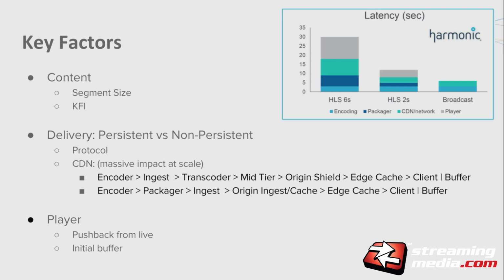So Harmonic actually had some really cool information breaking stuff out. With actually dealing with content, where is your time being distributed to be able to deliver it? So here it's latency in seconds on the left-hand side. And we have HLS 6-second fragments, HLS 2-second fragments, and broadcast. Broadcast meaning we don't work with fragments. It's just a straight-up stream. And you can see encoding and packaging, no matter what, still account for a decent amount of your time that actually has to take place, right?